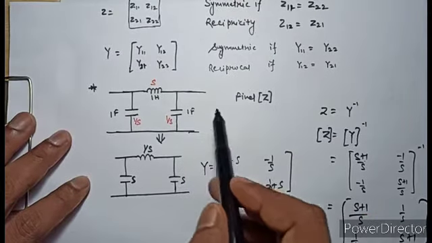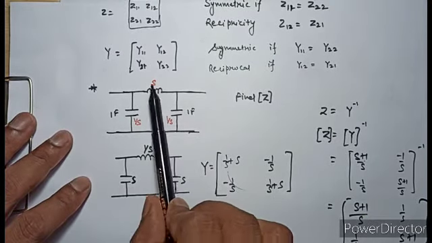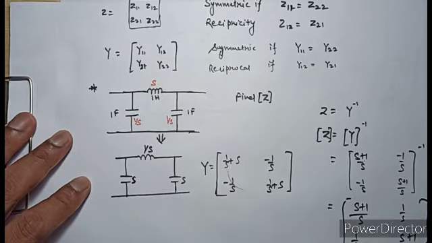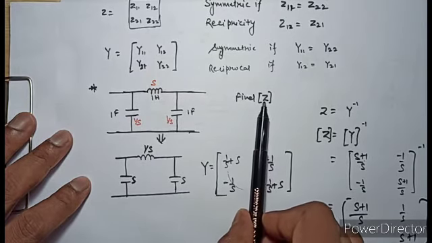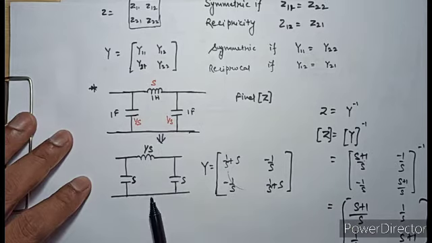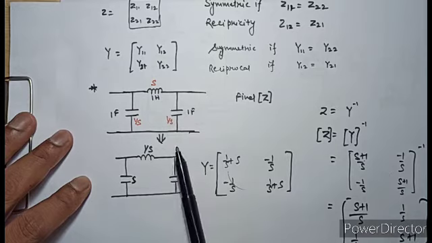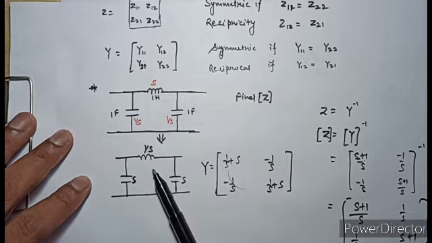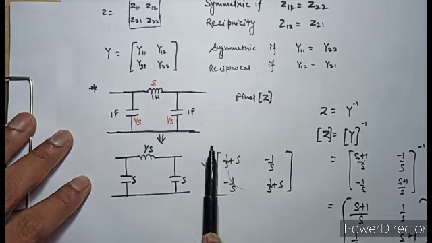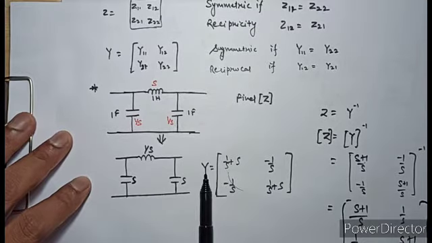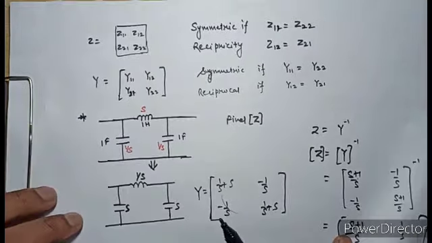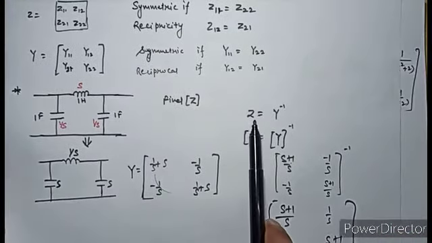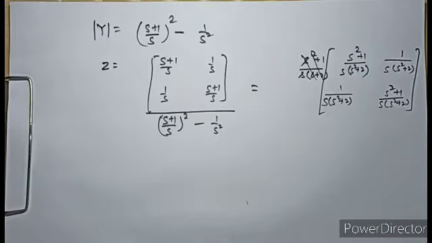See what we did? First of all, this is in impedance form, and the question was asked to find the Z parameter. We first calculated the Y parameter and took the inverse of that. For the calculation of the Y parameter, first we transformed it into admittance form, and this is the standard form for calculation of the Y parameter. So we wrote easily the Y parameter of this and took the inverse of that, which will give our Z, right?